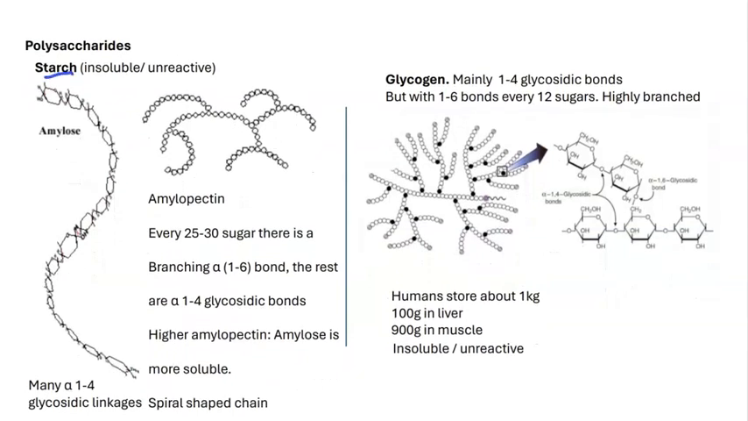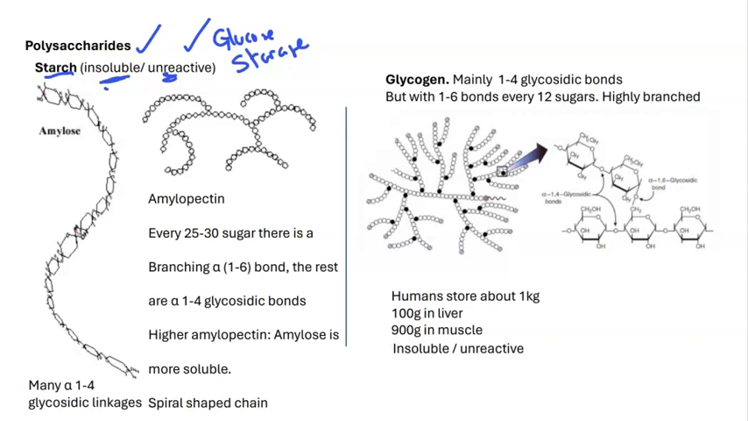So let's deal with starch first. Starch is an insoluble and unreactive polymer of glucose, and because of these properties, insoluble and unreactive, in plants this makes it an excellent storage molecule. Insoluble, it doesn't affect osmosis. Unreactive, it doesn't unnecessarily get involved in